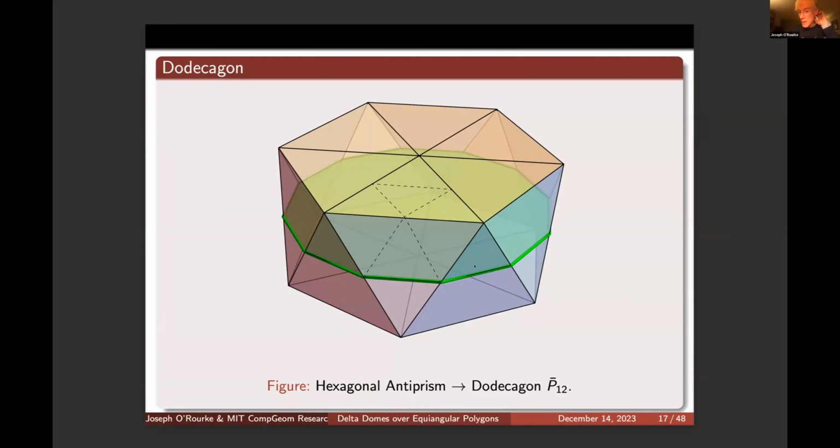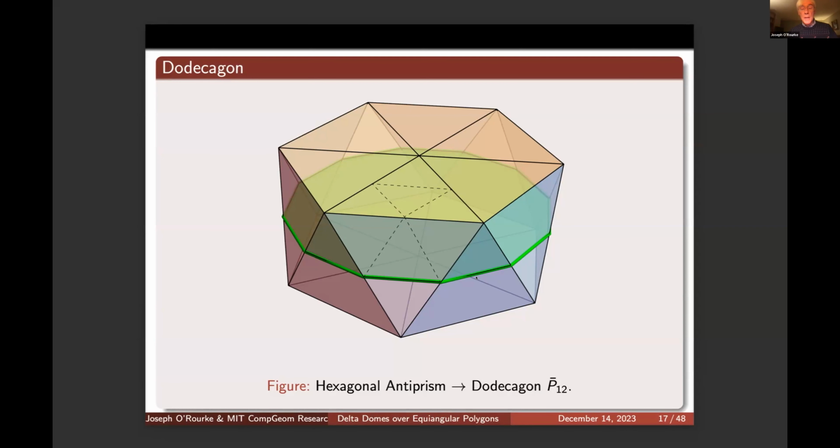It's a regular dodecagon, and that's the last equiangular polygon and regular polygon that you can dome. All the other higher ones you cannot dome. And again, this is in contrast to the Glazyrin and Bach result. Okay. Now,